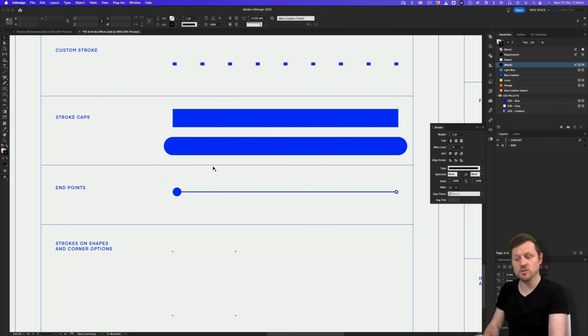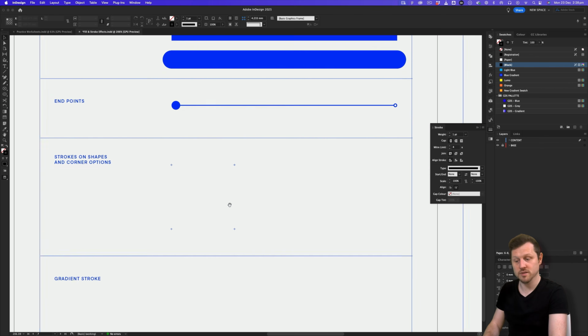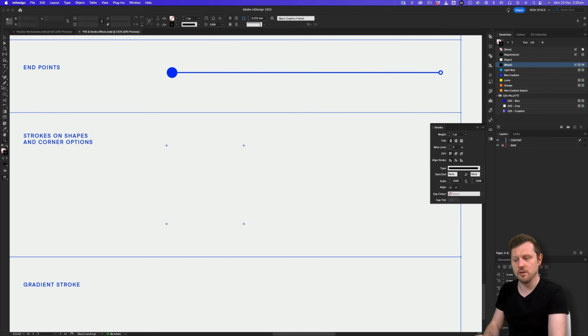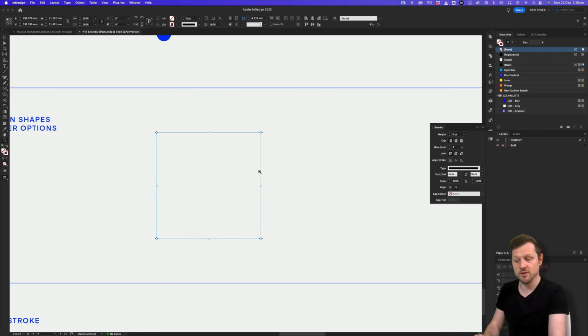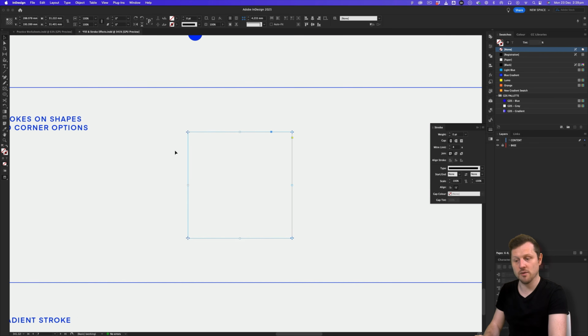Now, strokes can also work very dynamically on frames. So I'll come over to the Tools menu, grab the Rectangle tool, come across and click and drag on my pointers to create an empty square frame. Now, earlier we learned how easy it is to apply a fill effect. It's just as easy to apply a stroke effect. With our new frame selected, we can simply come over to the stroke panel, click on the drop down and add a stroke. In this instance, I'll add a solid stroke, set the width to 10